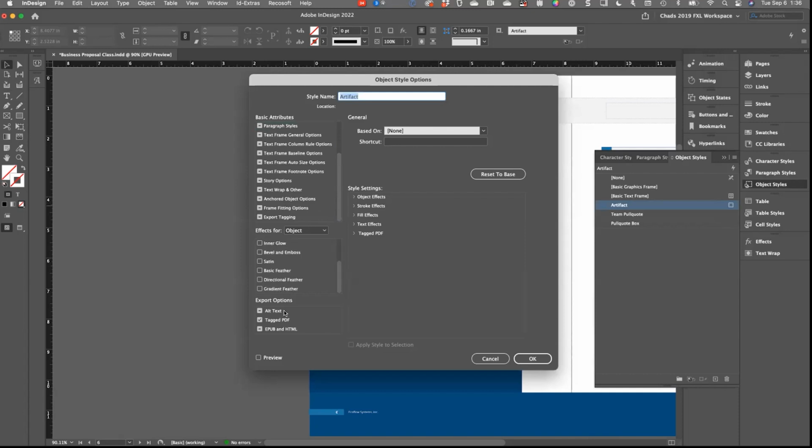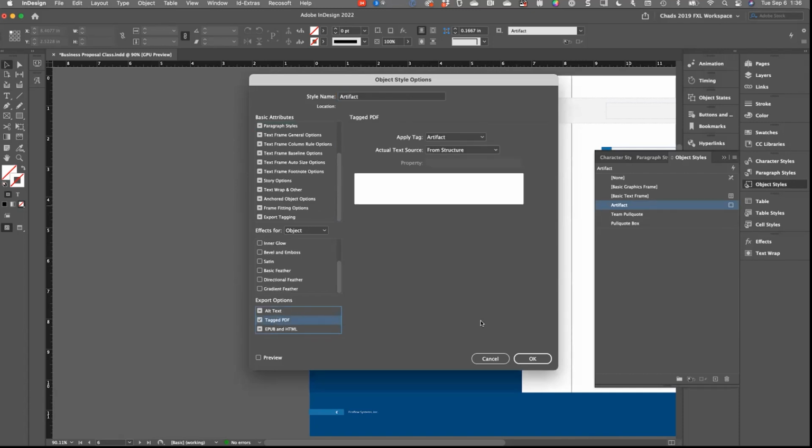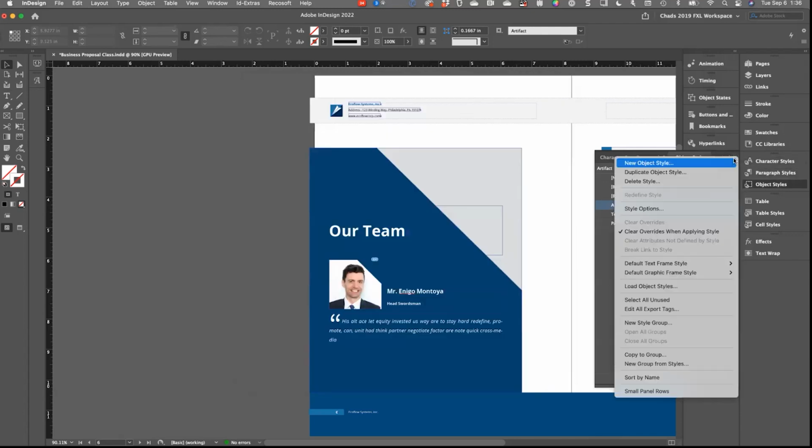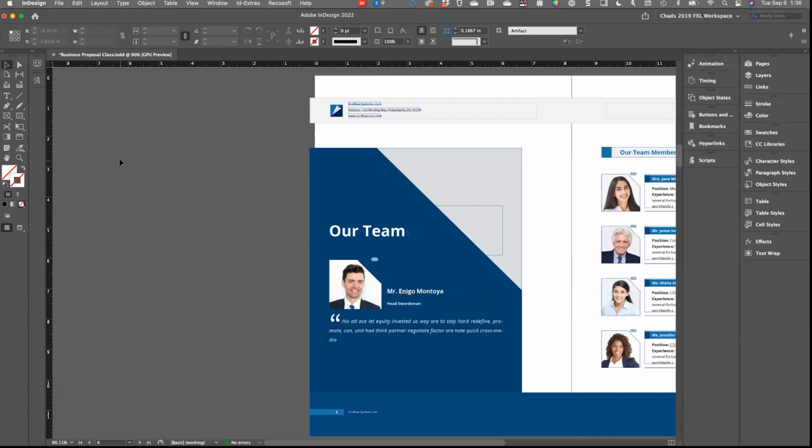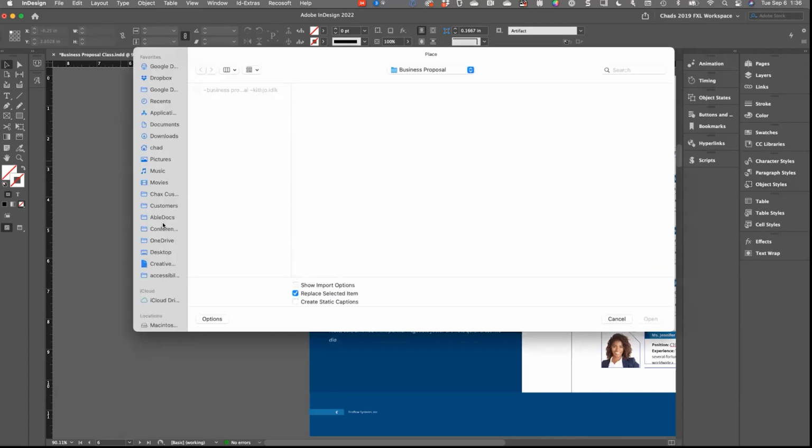If you right click, go into your object panel, and then go into the object styles panel and hit the hamburger menu, and then go down to default graphic frame style or default text frame style. You can then set it to an object style that you've set up already. Well, what I did, it's automatically set as the default. Let me try something else. What if I place